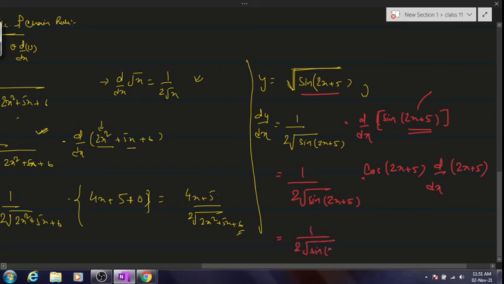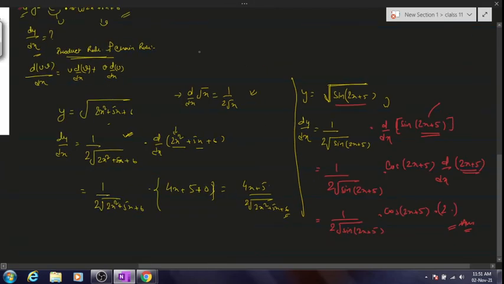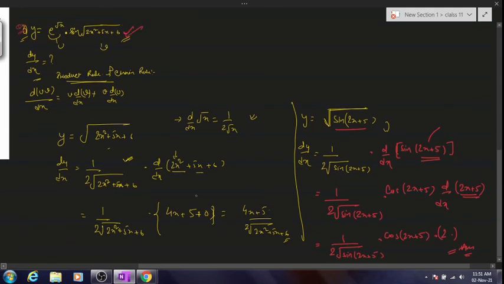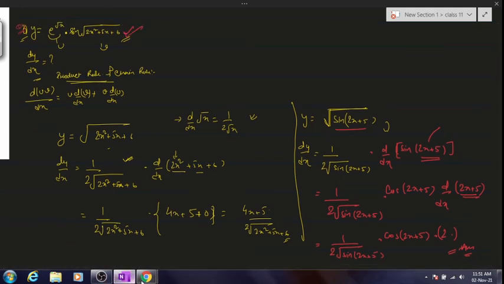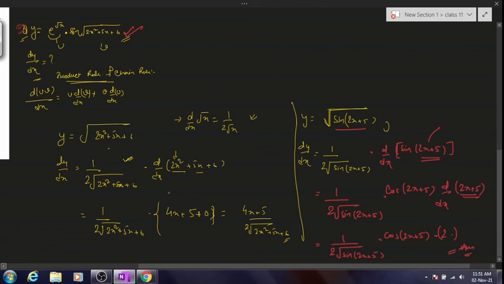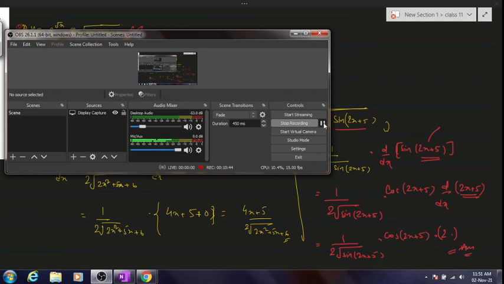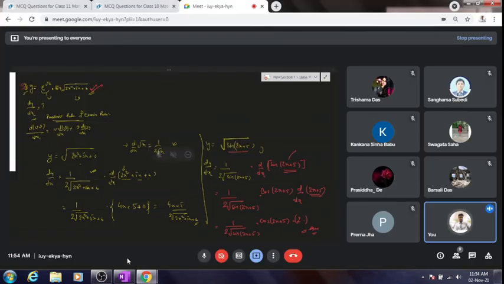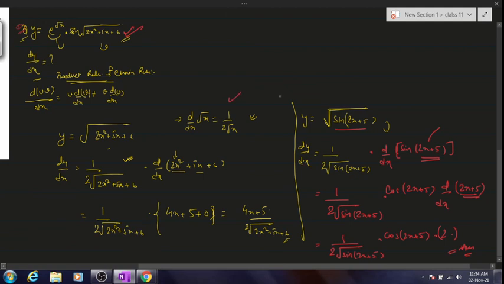The differentiation goes on till you complete the entire differentiation as it is, and then differentiation for 2x plus 5 will be 2 plus 0, which is 2. This is your final answer. I would expect you all to copy the entire thing right away and then go on to solve this numerical. I'm pausing the video. I hope people have understood this. Yes or no, please confirm. Did you all do the chain rule? I believe people have copied this too.